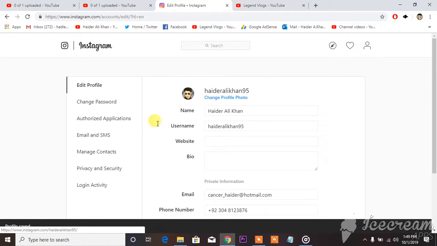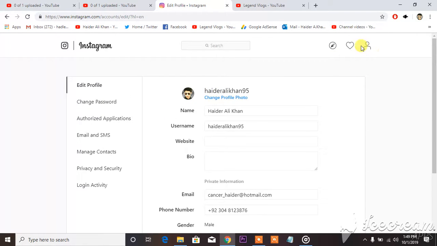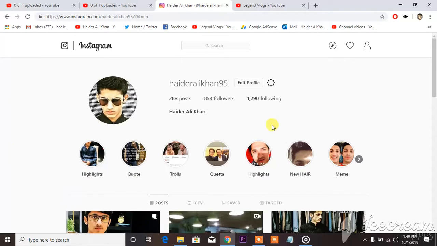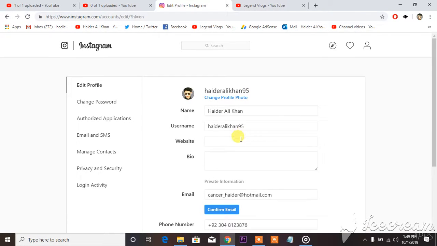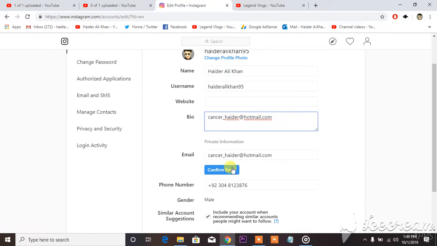you will go back to your profile just like this, and now you can see there's no email address. So what you're gonna do next is hit edit profile again, and then in bio you will type the email that you want to